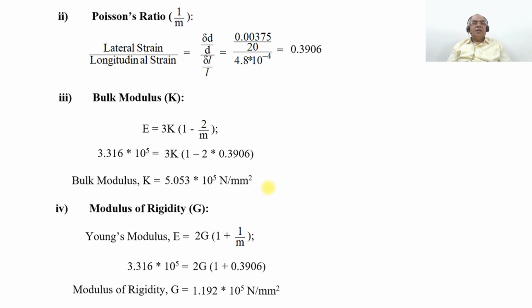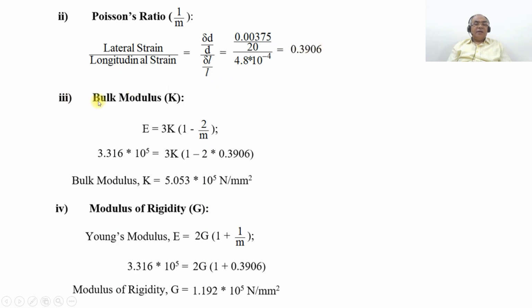Once you get that, now we have the Poisson's ratio. The second one is the lateral strain by the longitudinal strain, that is delta D by D divided by delta L by L. So delta D by D is 0.00375 by 20, divided by delta L by L, the longitudinal strain, which is already calculated as 4.8 × 10^-4, which will be equal to